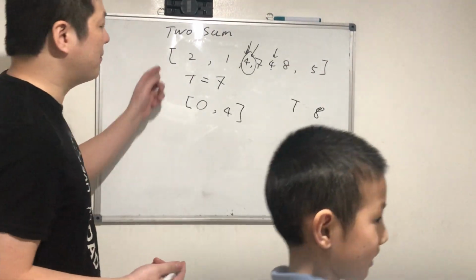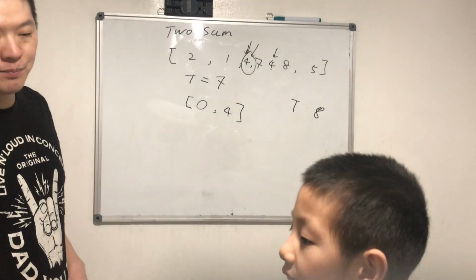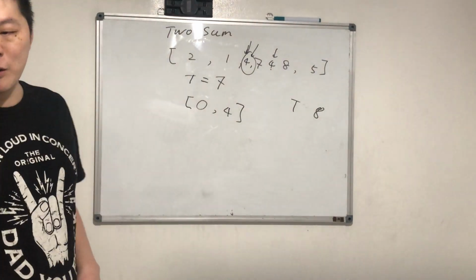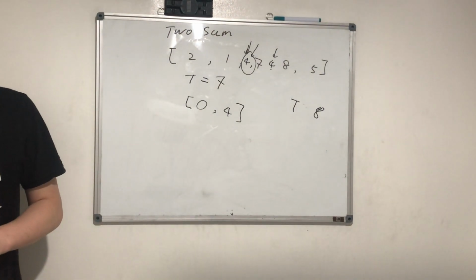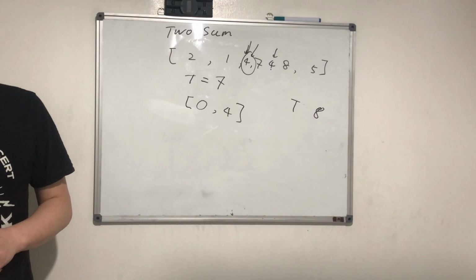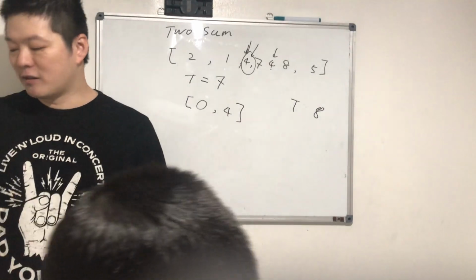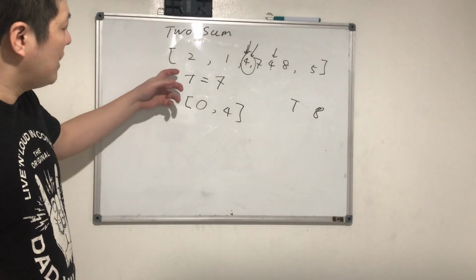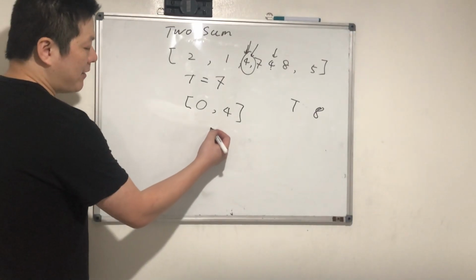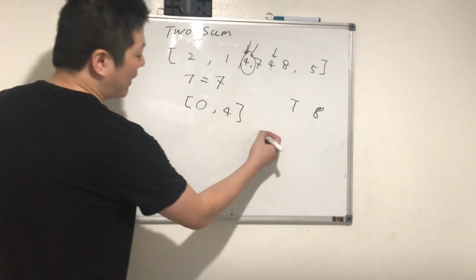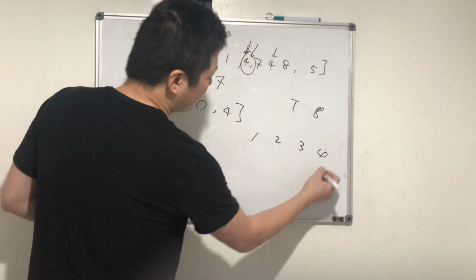So if there are n numbers, then we try each pair, checking each pair. That's not dynamic programming. Look, so there are n numbers, right? Maybe we think about 1, 2, 3, 4, 4 numbers,